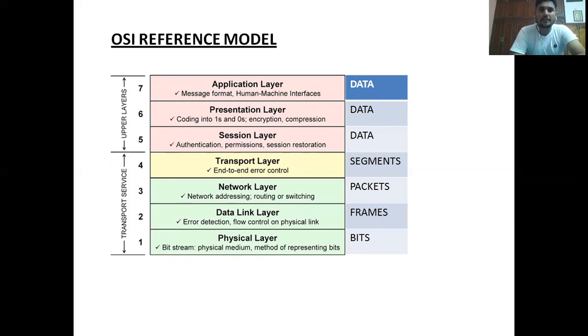The session layer identifies at what time data transmission has to start and how much time the data travels; that is calculated by the session layer. Syntax, semantics, coding and encryption are done by the presentation layer. Finally, the application layer formats the user application. This is the importance of the OSI reference model. The total 7 layers are physical, data link, network, transport, session, presentation, and application.